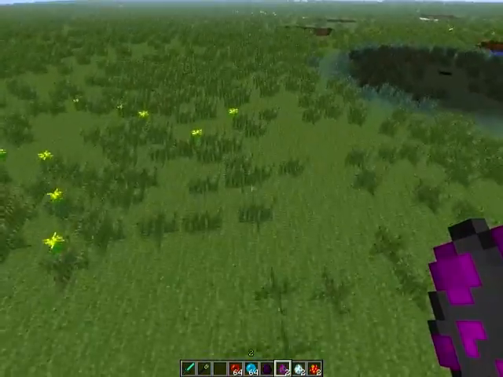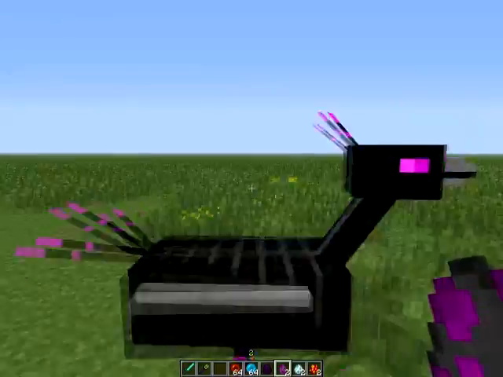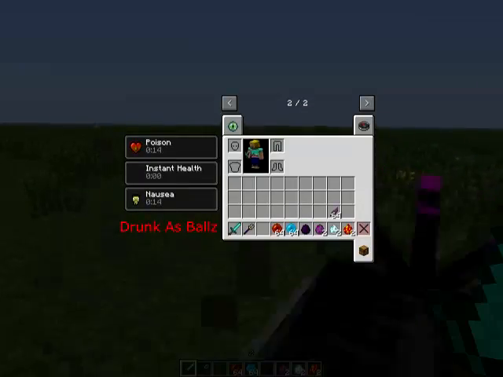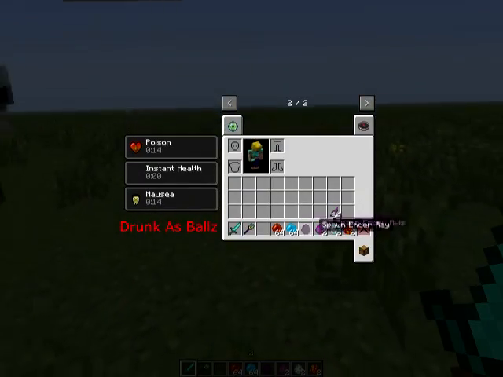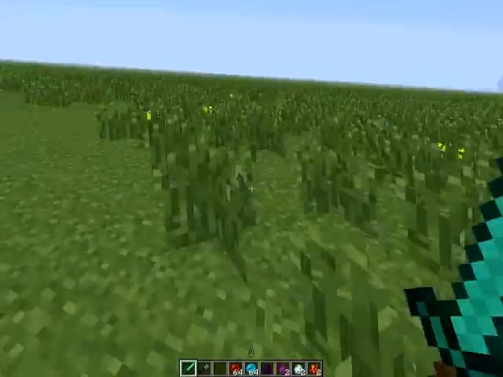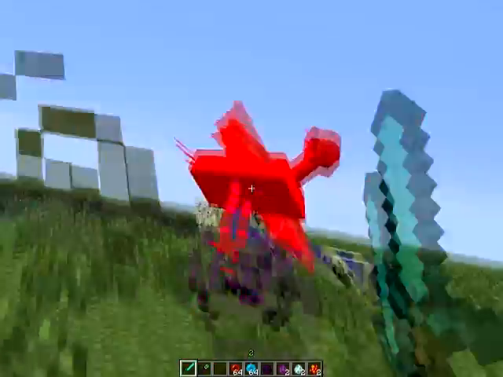And this is the Ender Avis. Now what this guy does is if he attacks you, which he doesn't usually do unless you try to destroy his egg, which I'll show you in a second, he gives you poison and nausea. And as you can see, that gets pretty crazy. But if you kill him, you get the